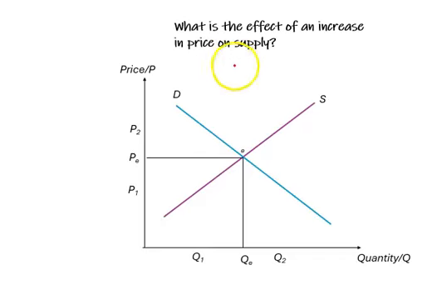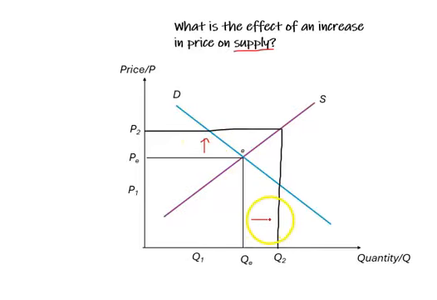What is the effect of an increase in price on supply? An increase in price is at P2. We draw a line that will meet our supply curve. And then we draw a line down that will show the quantity that will be supplied at that price. So as price increases, quantity supplied increases to Q2, and the movement is along the supply curve, moving from equilibrium to point A on